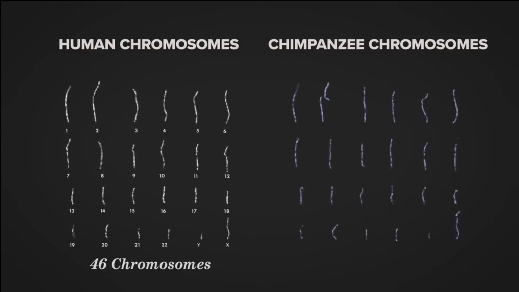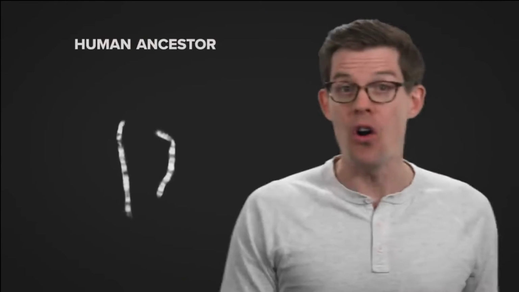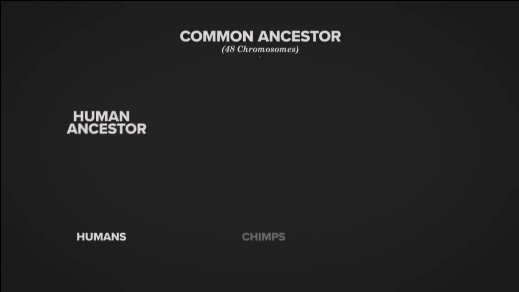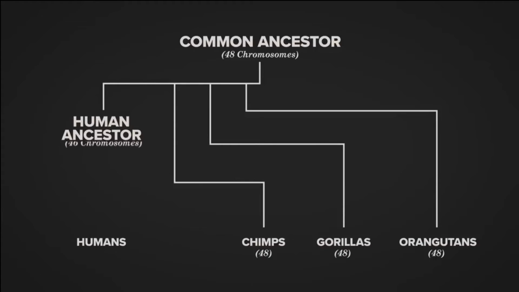Even weirder, humans have 46 chromosomes in total, 23 pairs. Those other apes, they have 48 chromosomes, 24 pairs. What could explain this? If we're supposed to be related, why are we missing a chromosome? Turns out we aren't missing a chromosome at all. Sometime during our species history, those 2 chromosomes that are still separate in other apes were welded to become our single human chromosome 2. Us, chimps, gorillas, orangutans all inherited the DNA we have today from some common ancestor with 48 chromosomes. But 2 of ours got stuck together along the way,